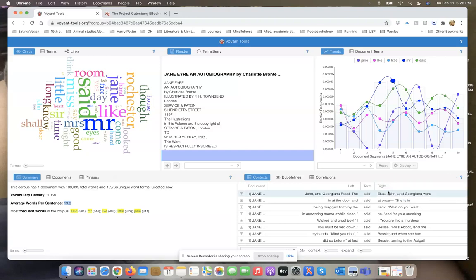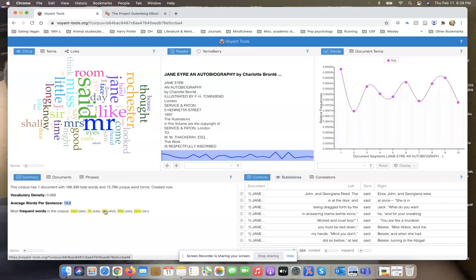So this can help you pinpoint individual instances in which the word is being used, so that you can make some good inferences about how it's being used. This would, for instance, help you when you were trying to say, okay, so when the word like is used, see, I just clicked on the word like. Actually,